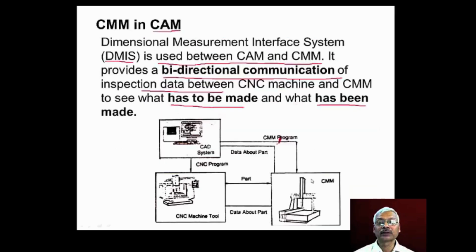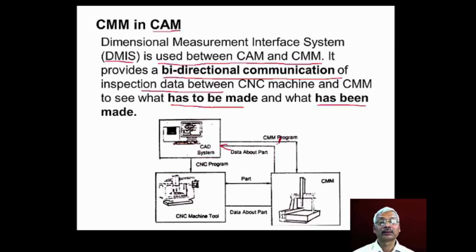In this diagram you can observe that the inspection program generated by the CAD system is given to the CMM, and the part that is produced using the CNC program is moved to the CMM, and the coordinate measuring machine inspects the workpiece using this CMM program, and the data on the inspected workpiece is sent back to the CAD system